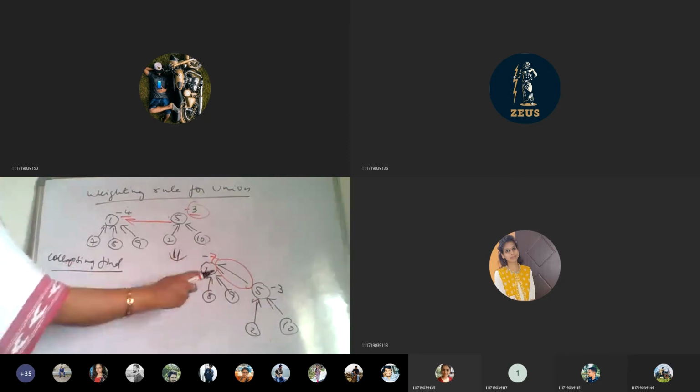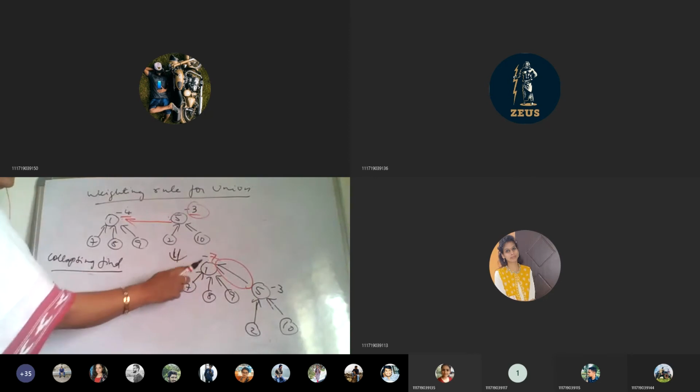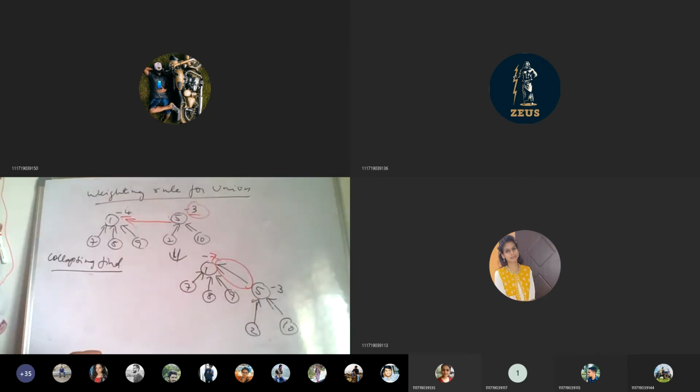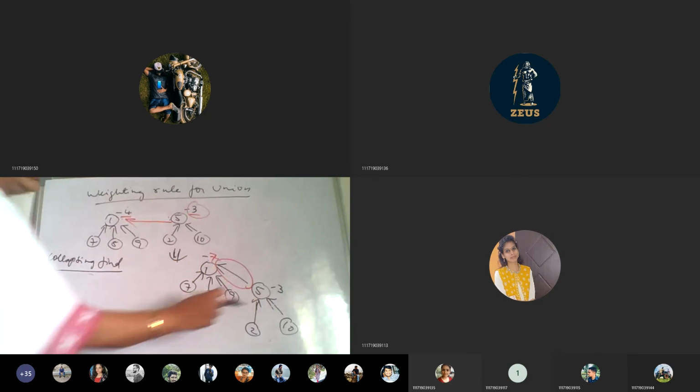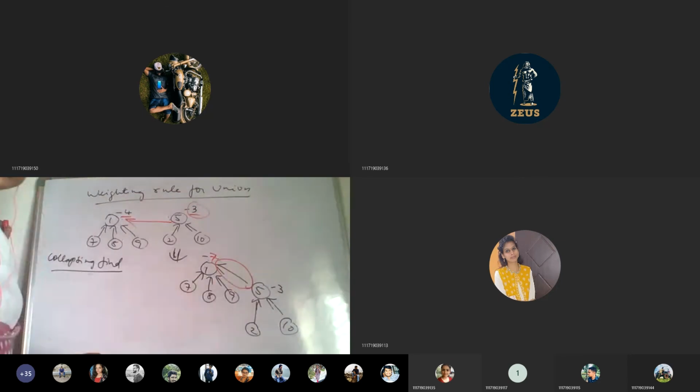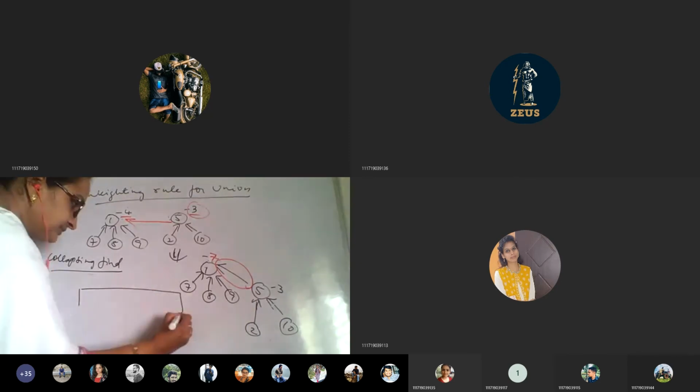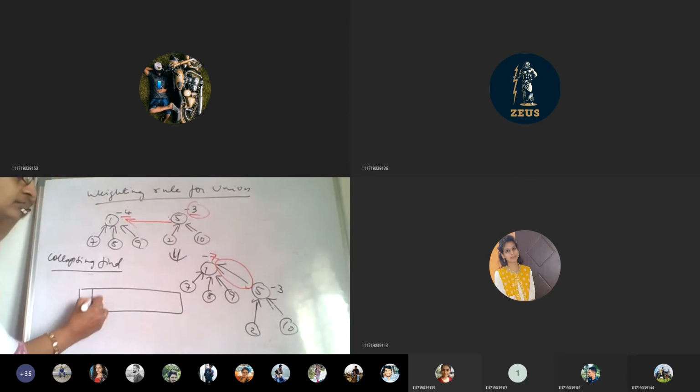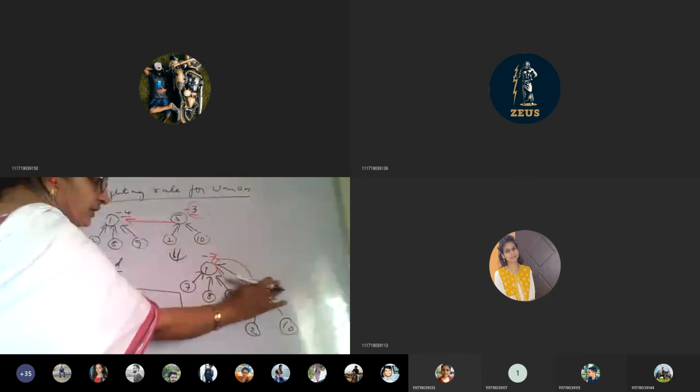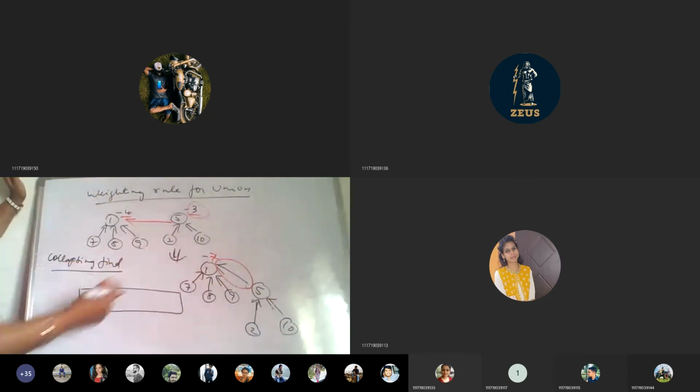So this 7 represents how many elements are held there, and negative represents that it's a parent. Here also it is a parent, but its value is less. That means it will be some subtree. So when we represent this in the array representation, when we are making a link, only the root node will keep it as negative. So here what exactly are we doing?